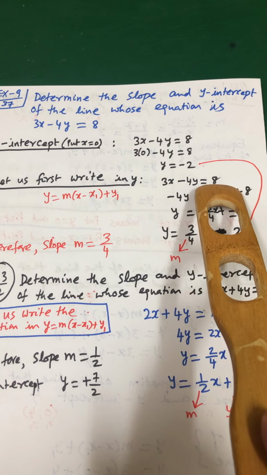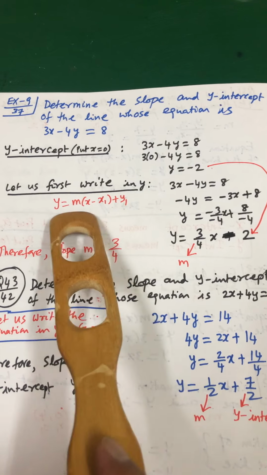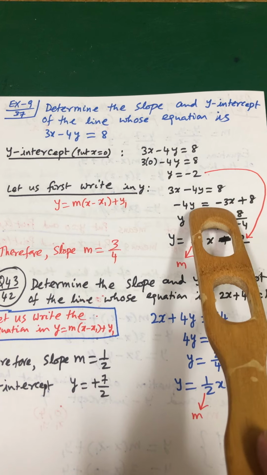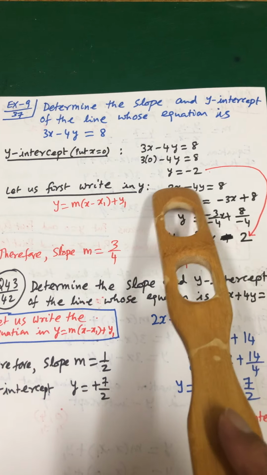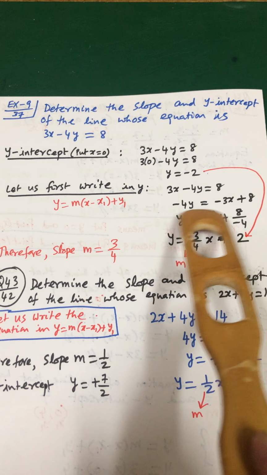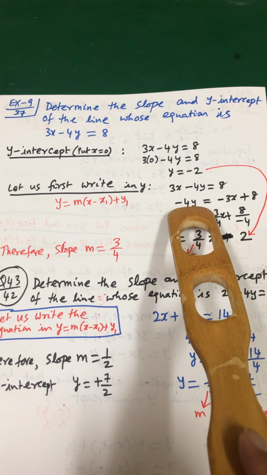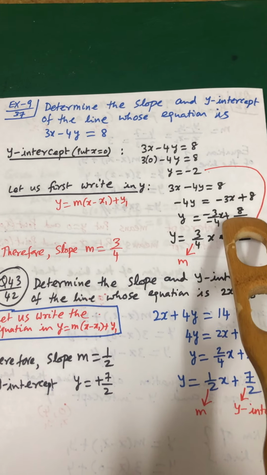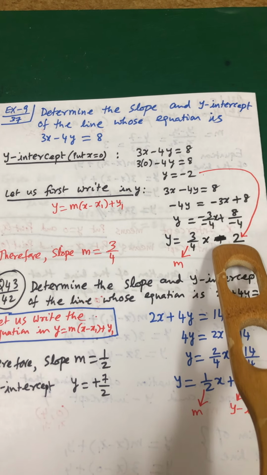Now, 3x minus 4y is equal to 8. What do we want? We want to write the slope. So what I do here is use this equation and keep it in the form y is equal to mx plus b. So minus 4y is equal to 8 minus 3x, that is minus 3x on the right side. We don't want minus 4 with y, so I divide by minus 4 on both sides, because I want only y. If I divide by minus 4, I get y is equal to plus 3 over 4 x, and 8 over minus 4 is minus 2.